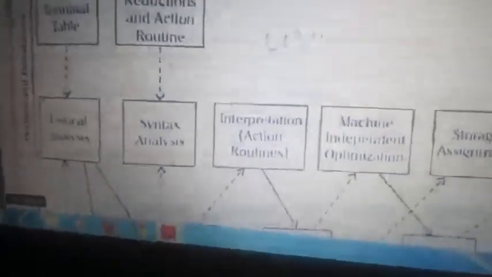We already saw that there are 7 phases in a compiler. That is first the lexical phase, which checks for the symbols, nothing but a basic token. It will identify the basic token and create the literal table, the terminal table, and the symbol table.